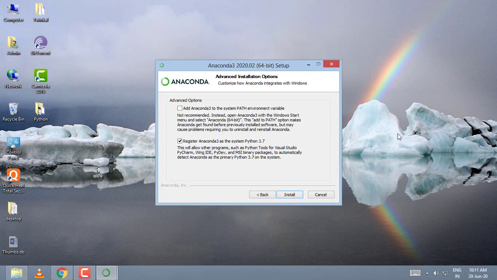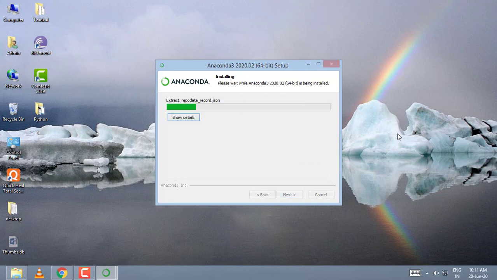If you don't have any Python software previously installed, check this box; otherwise, if you check it, it may cause problems, so don't check this box. I have earlier installed Python, so I am only going to check this box and then click on install.